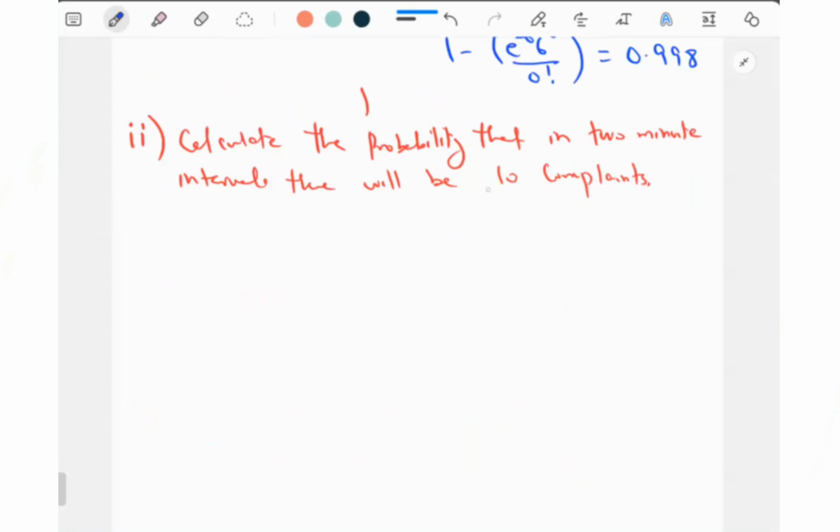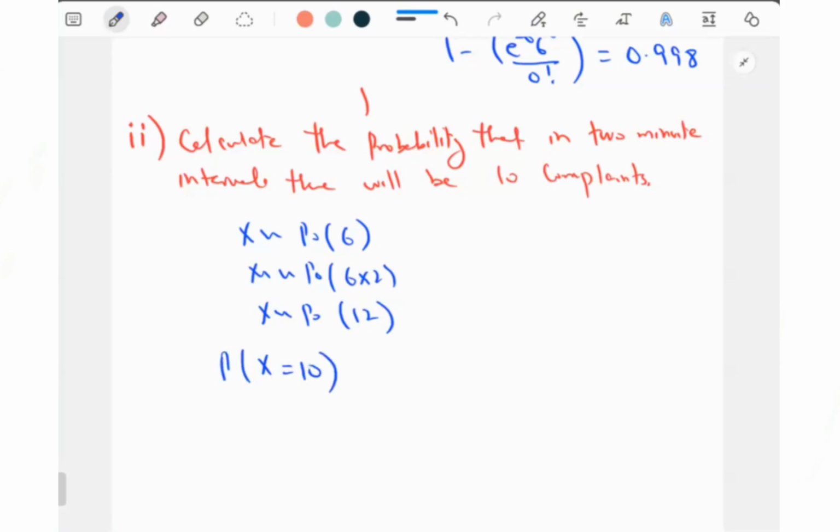पार्ट 2, द प्रोबेबिलिटी दैट इन 2 मिनट इंटरवल x इज अ पॉसॉन डिस्ट्रीब्यूशन, लैम्डा इज 6 इंटू 2, यानी 12। 12 15 से छोटा है। अगर ये 15 से बड़ा बन जाता तो मुझे नॉर्मल डिस्ट्रीब्यूशन में कन्वर्ट करना पड़ता। 15 से छोटा है तो मतलब पॉसॉन ही रहेगा। आर यू ऑल अंडरस्टैंडिंग द डिफरेंस बिटवीन ऑल द कॉन्सेप्ट्स? सो दिस विल बिकम probability of x is equal to 10, तो e minus 12, 12 की पावर 10 over 10 factorial, 0.105।